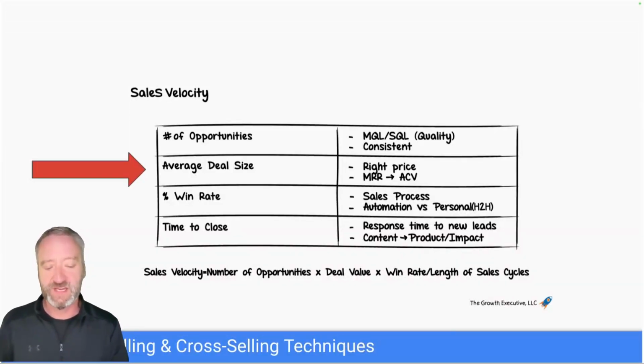Now, sometimes this comes down to what's called, as I said, cross-selling. And that's where we're taking a customer, not only moving them up plan, but we may be selling it to other departments. So we're selling the same tool into other teams. If it's a larger company or organization, we might try to cross-sell. That creates some stickiness and generates higher levels of usage, maybe more license seats, but it also can be additional services. In our case, we sell strategy, we sell training, we sell instructional videos, we sell additional features.